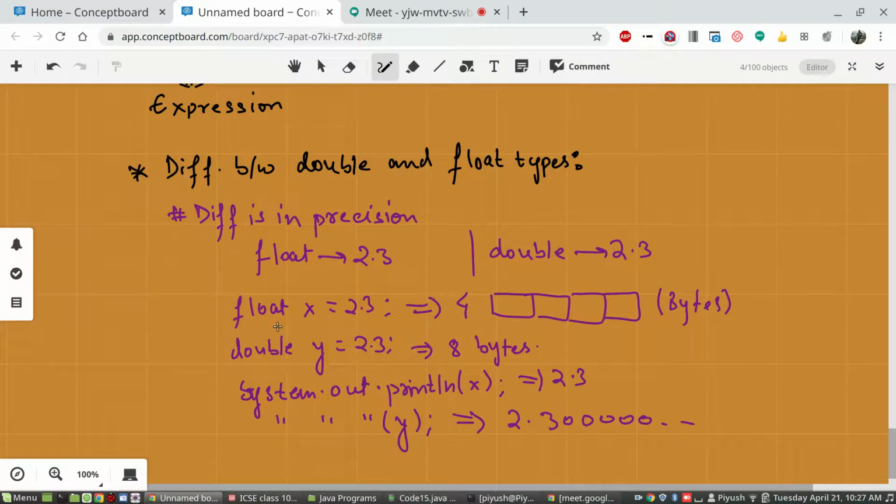If you write float x is equal to 2.3, here you can see you are both declaring and initializing. Both declaration and initialization happen in a single statement. So that is also possible when you know what values you have to put.